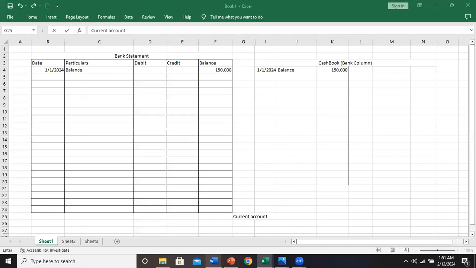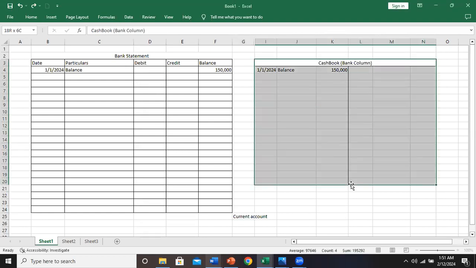The records kept by the business is what we know to be our cash book. But here we are only giving reference to the bank column, because in the cash book we have the cash column and the bank column. We are not paying attention to the cash column because your cash transaction has nothing to do with the bank. So the focus is on the cash book bank column. So these are the records that are kept by the business, which is the cash